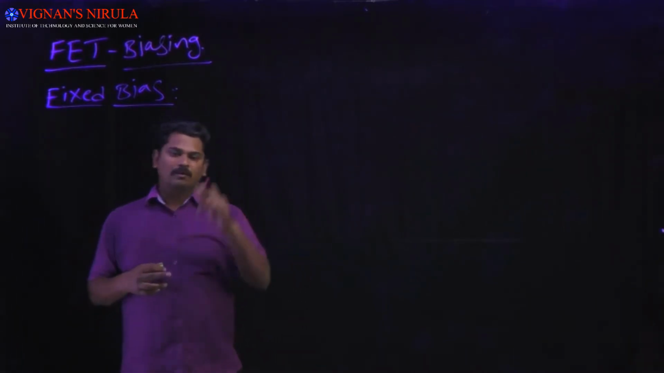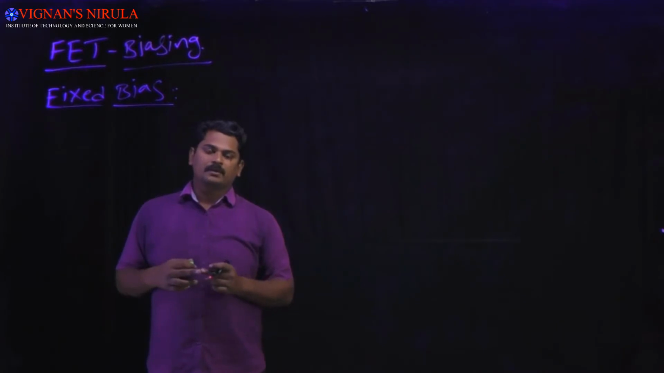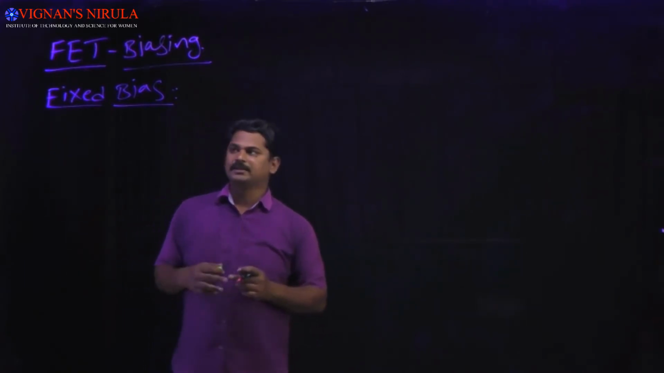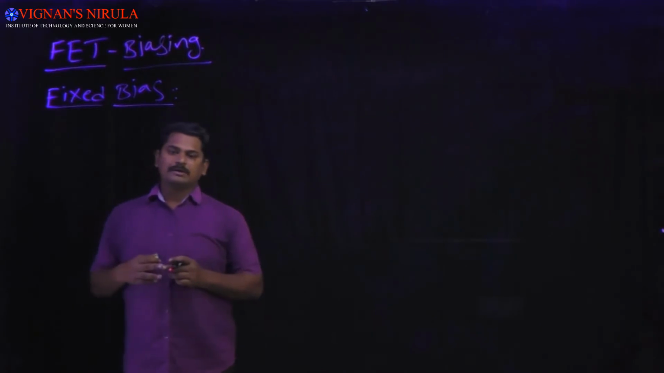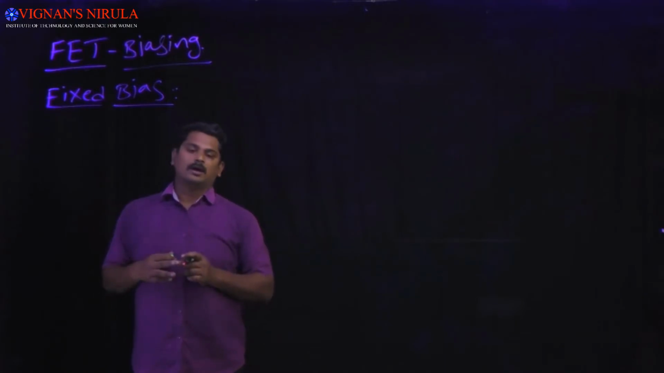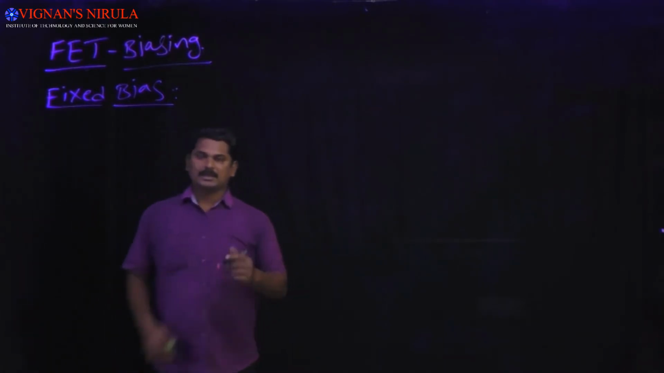In the middle of the characteristics of VGS and ID, that is the Q point. The Q parameters are VGS and the drain current ID. So for that we are going to analyze how we can fix that Q point in the middle of your active region in a fixed bias. So the circuit diagram for this fixed bias is